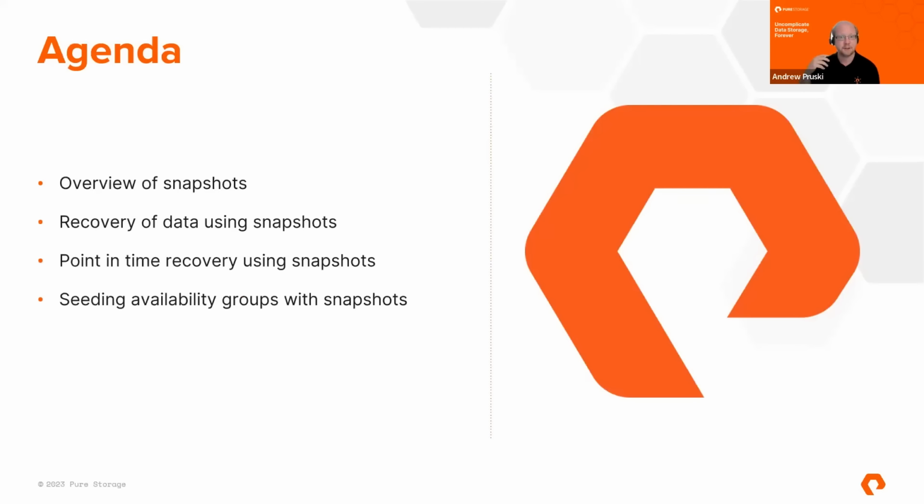But we're going to have a look at how we can use snapshots to instantly recover that data, instead of having to go through the whole usual process of restoring full, differential, and then transaction log backups. Then we're going to have a look at using snapshots to perform a point-in-time recovery using Pure Storage's plugin for SQL Server Management Studio. And at the end of the session, to round off, we're going to have a look